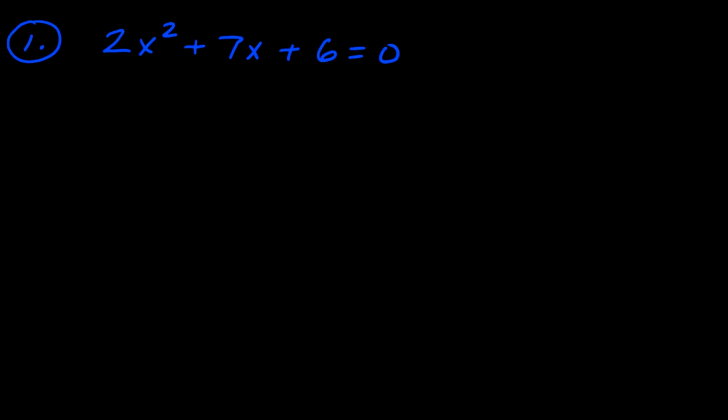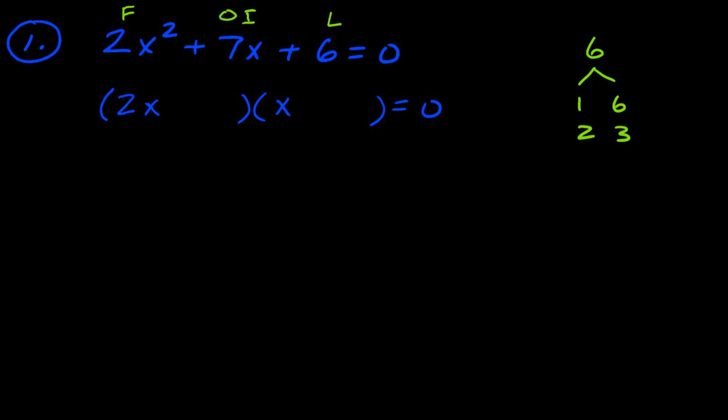If you were watching the last video, you'll recognize the fact that this comes from reverse FOIL, we might say, or from foiling. And our first term is 2x squared. So this comes from our first, and our last term is 6. So it's the same idea, and our middle term is the outer and the inner. So in this case, to get 2x squared, it's no longer x and x, but it's definitely going to be 2x and x. And to get the 6, we are going to look at factors of 6, but it looks like it's just 1 and 6 or 2 and 3, and it looks like 1 and 6 would add to make 7,